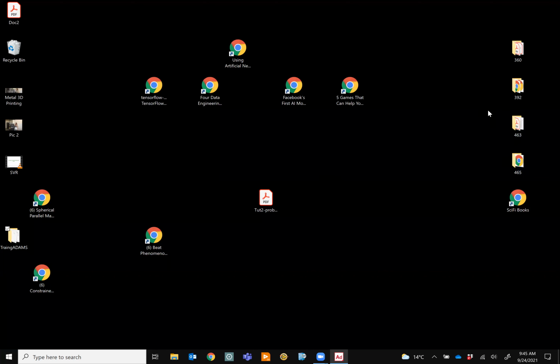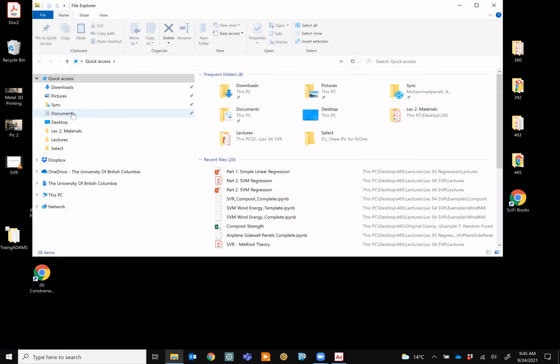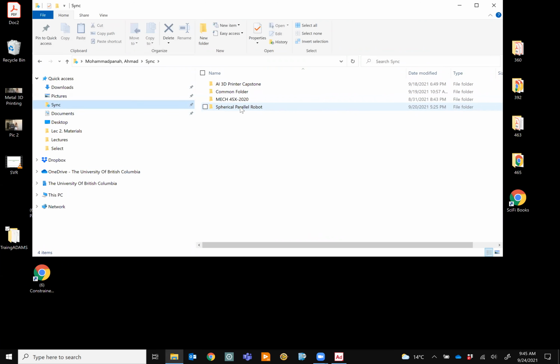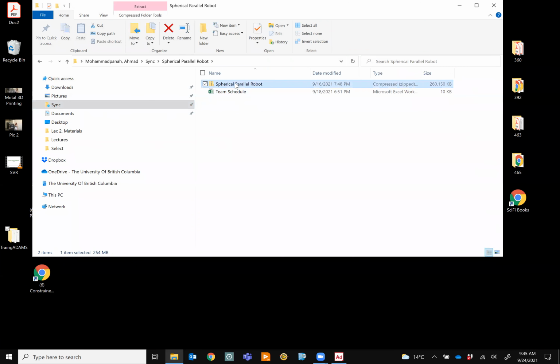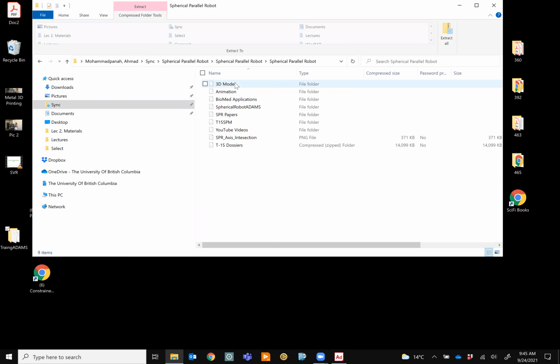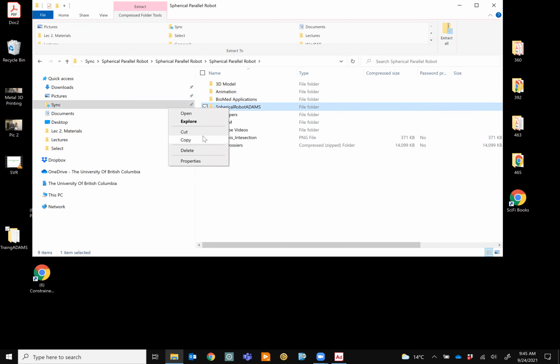But I have a meeting, so let me just say another thing that I suggest: play with that file that I put for you. Just play with it a little bit. Open it and make sure that it works. So where did we put it? Okay, it's here. It is a spherical robot. Adams copy.